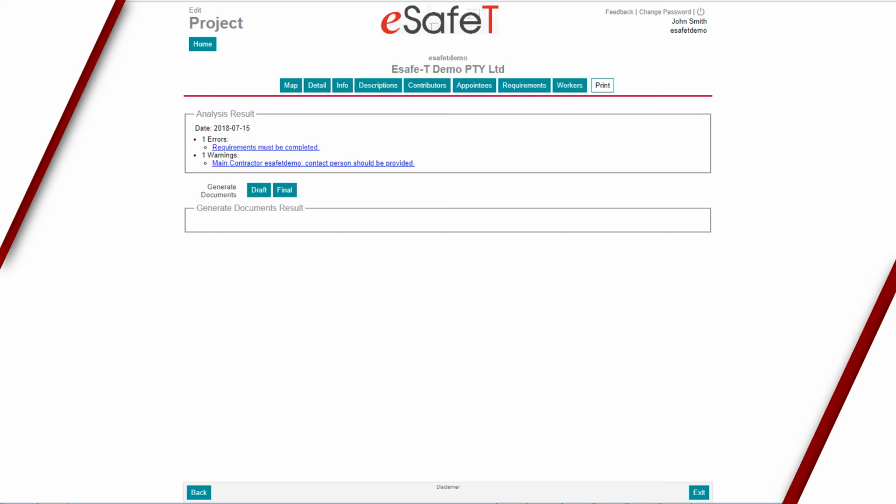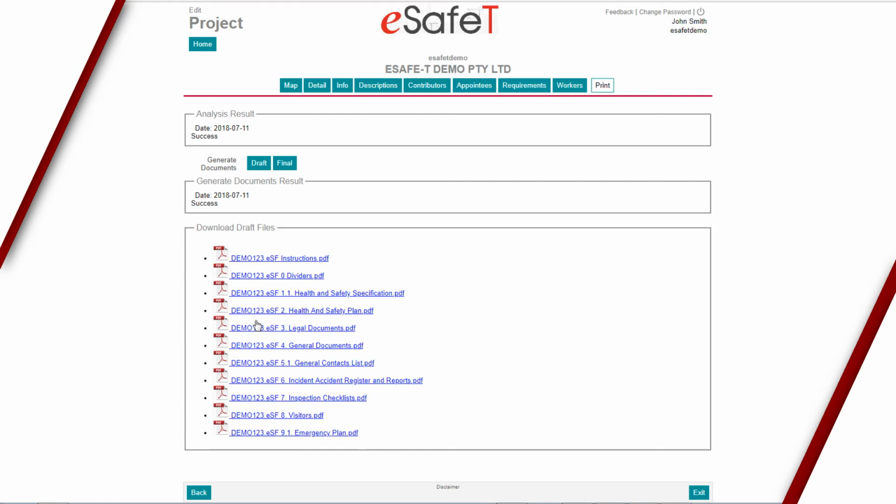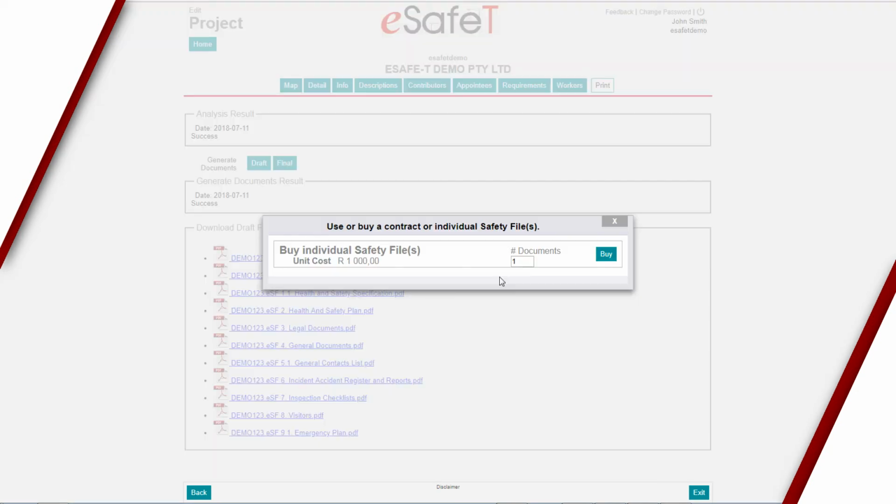Warnings indicate forms that have been completed, but it is advisory to fill in the details requested. Warning forms can be printed, but we strongly advise completing these before doing so. Only once errors are completed can you click Draft to preview documents, and once you are satisfied with the same, click Final to proceed to the payment screen and